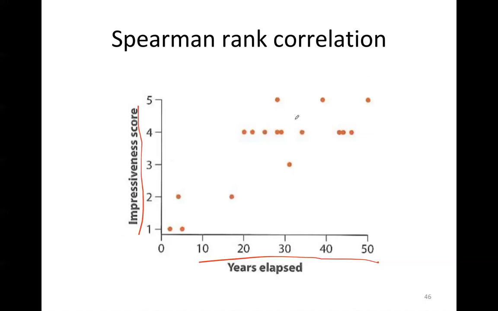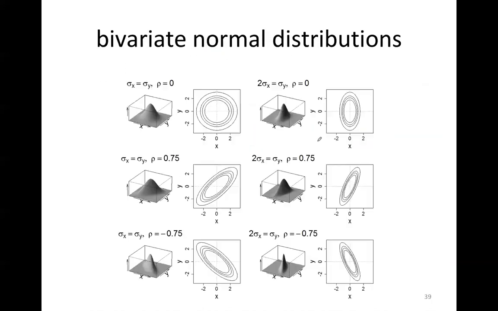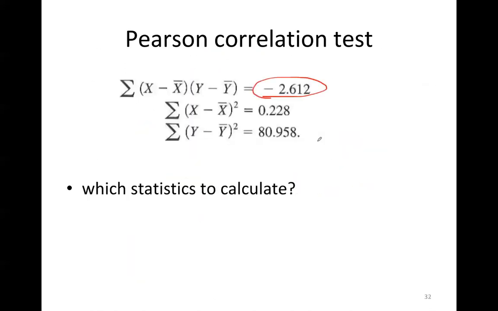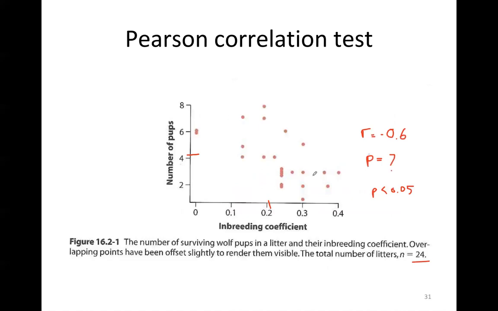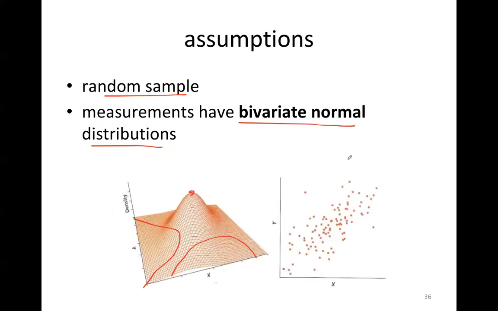And as you see, the more time has passed, it looks as if the more exaggerated the story becomes. I don't know why they use this example, but anyway, the data, as you see, is not super nicely distributed. Well, some of the distributions we saw earlier were also not super nice. We could have also applied the Spearman correlation coefficient here. But anyway,